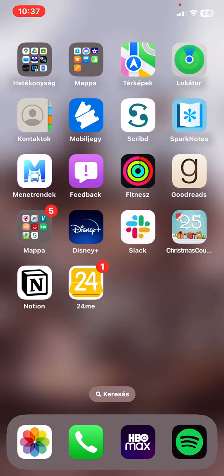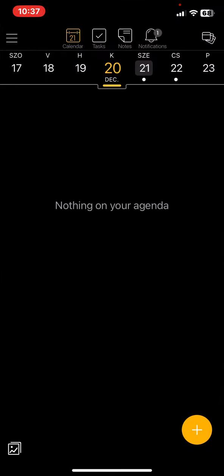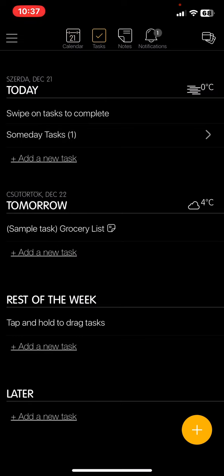First of all, open the application on your phone. Then click on the tasks button at the top of the page in the middle, and click on the plus sign at the bottom of the page on the right,